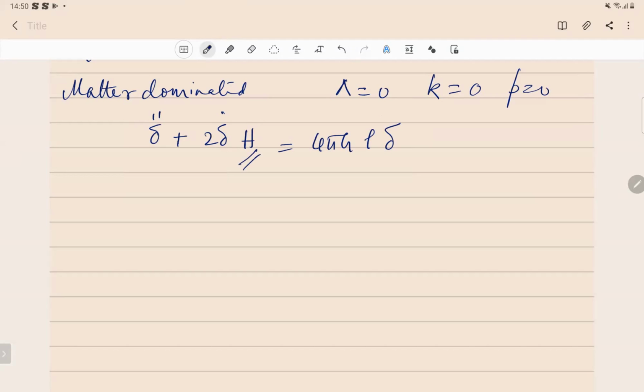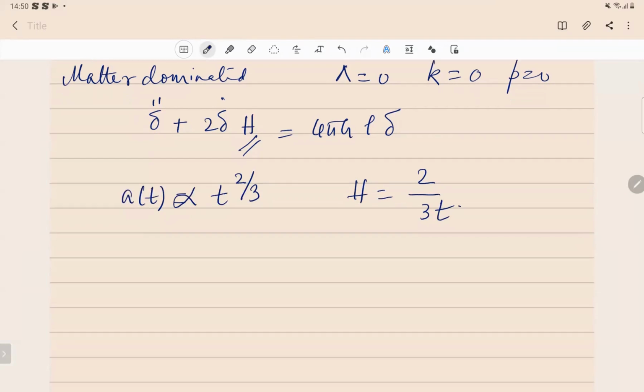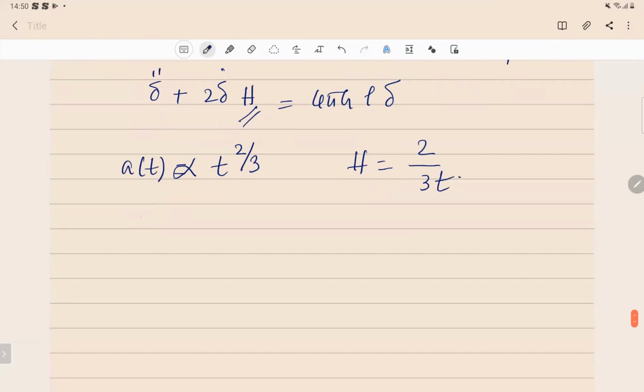So let's see, now you know h, because in this matter-dominated epoch, you know that a of t scales proportional to t to the power 2/3. This is something which you know from background cosmology. So you can immediately see that h will be 2/3 t, and then you can just write this down. So you have delta double dot plus 4/3 t delta dot equals to, there's 1 by a square, so this rho goes as rho 0 by